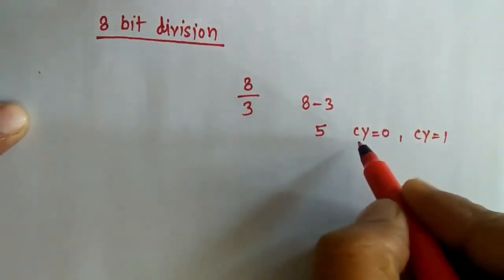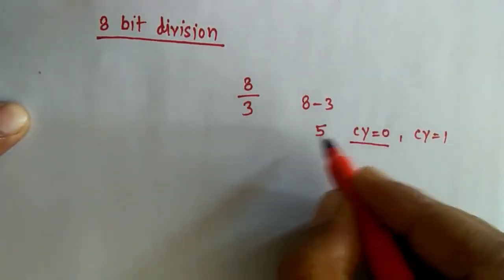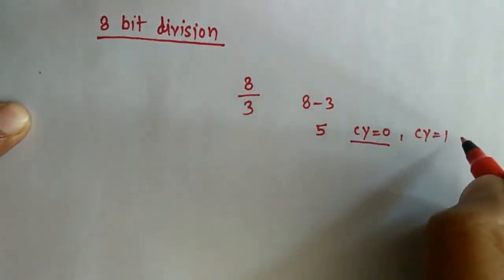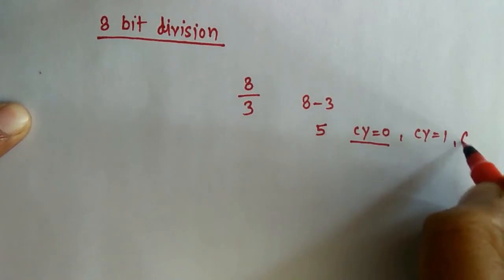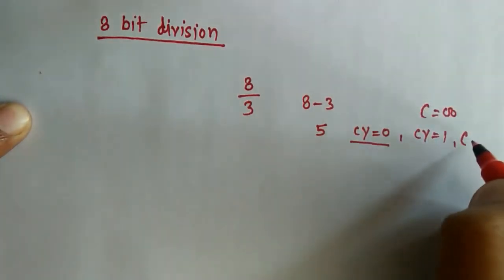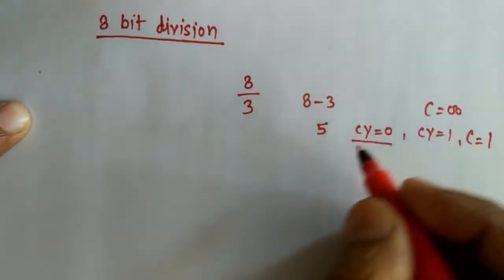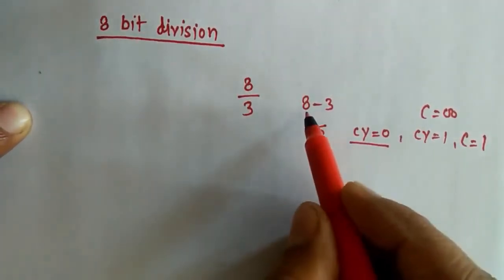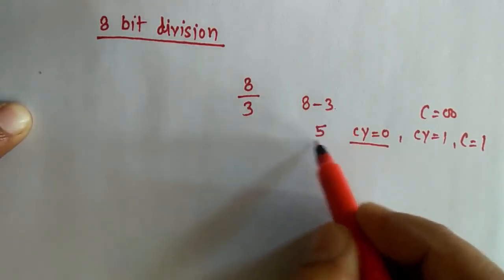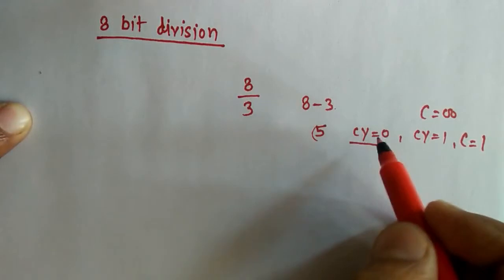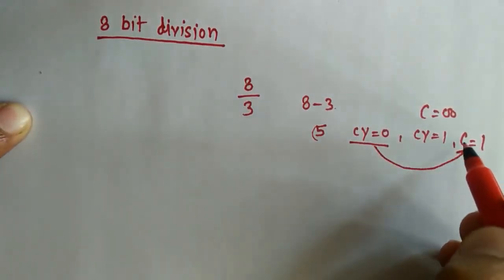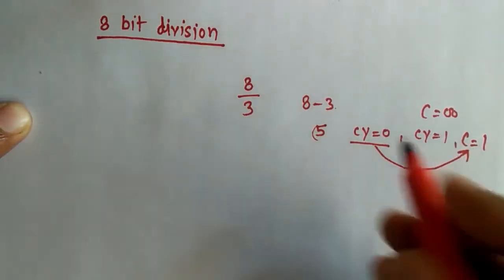In the case we are getting carry equal to 0, then again we will subtract the value, but before that we will increase the content of a register, say register C. Earlier we had taken it as 00, and this time on increasing it will be 1. So let's see again. First of all we will perform the subtraction, 8 minus 3, the answer will be 5. We will check for carry. If carry is 0, in that case we will increase the content of register C up to 1.